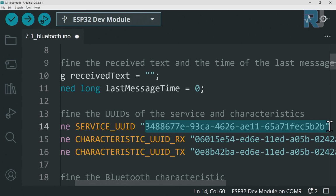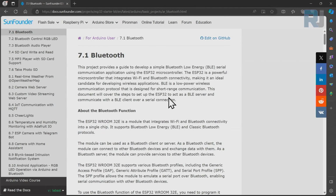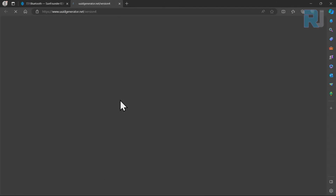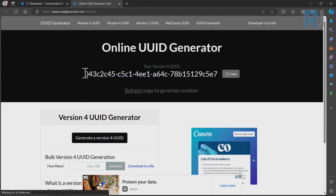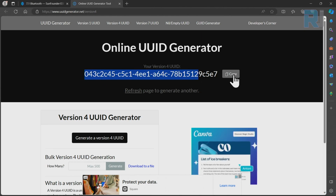This is supposed to be unique, but still, if you want to create a unique UUID, come to the documentation page, scroll down, and here click on online UUID generator. This is the page, and automatically you will see UUID unique. You will see UUID version 4 generated. Just click copy,